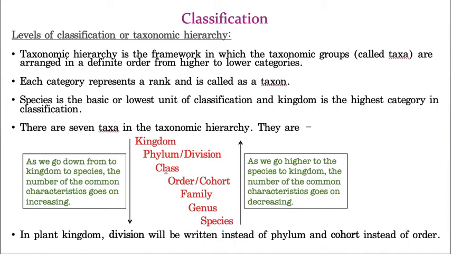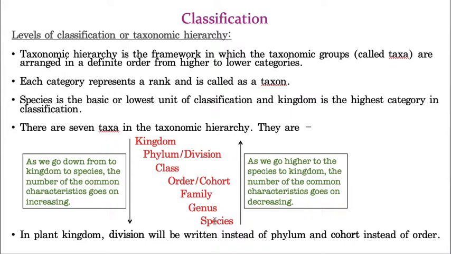Now, the next one is class. The next one is order. Again, as before, if I am classifying an animal, then I have to use the word order. If I am classifying a plant, then I have to use the word cohort. Now the next ones are family, genus and species. So these are the seven taxonomic categories, and if I want to classify an organism 100%, I need to follow this hierarchy only. I can't and I should not use my own ideas, my own thought process, to frame what I call the organism.